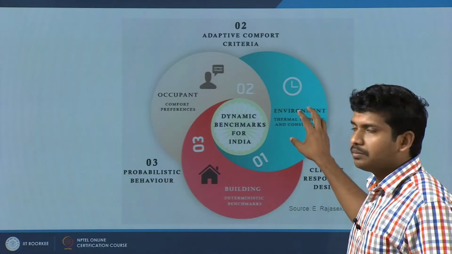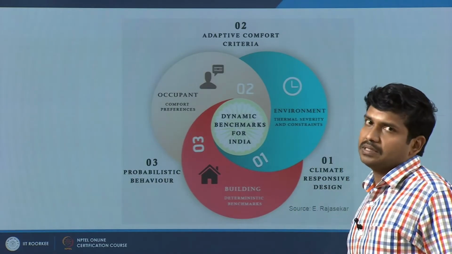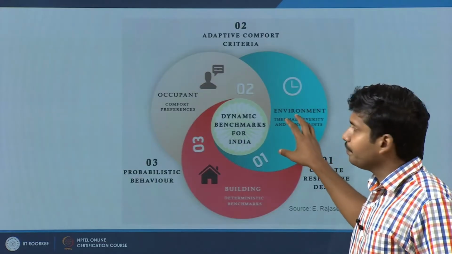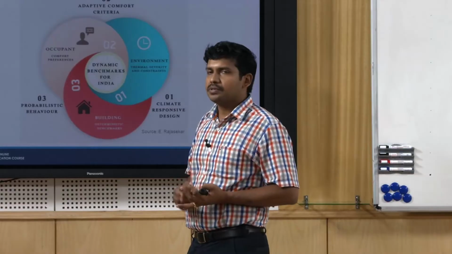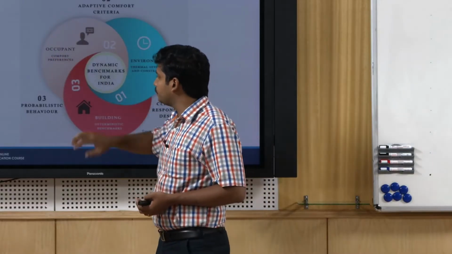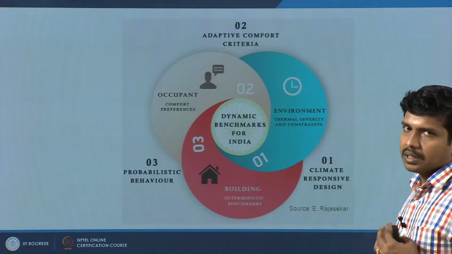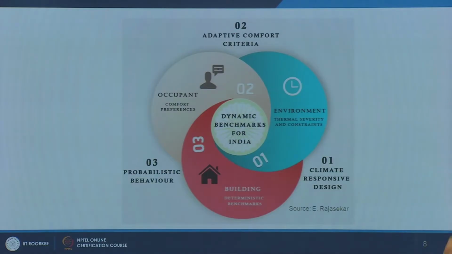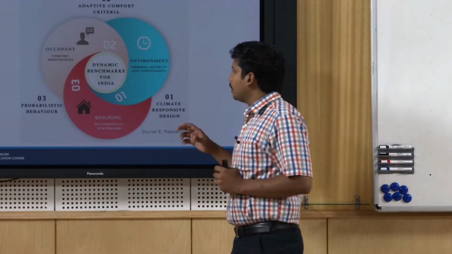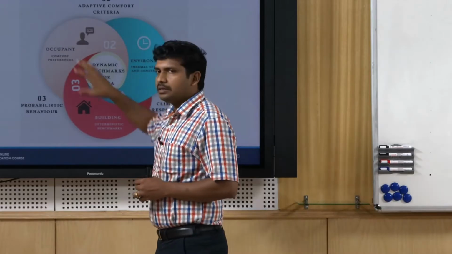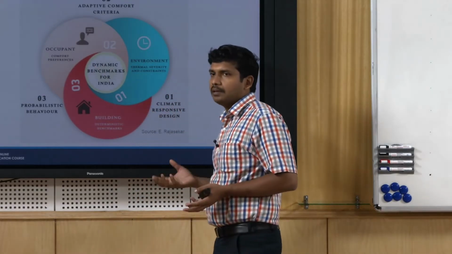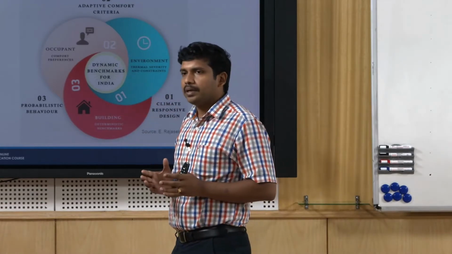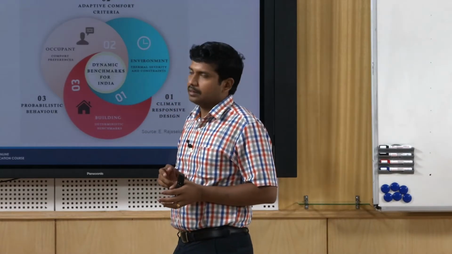The first is environment, how severe the environment itself is. We talked about climate. Now we are talking about the occupant, the physiological as well as physio-psychological part of occupant comfort. Next would come the building, how the building impacts comfort. But now what we need to understand is that these three entities are not acting independently by themselves. They are partly independent, partly dependent on each other.